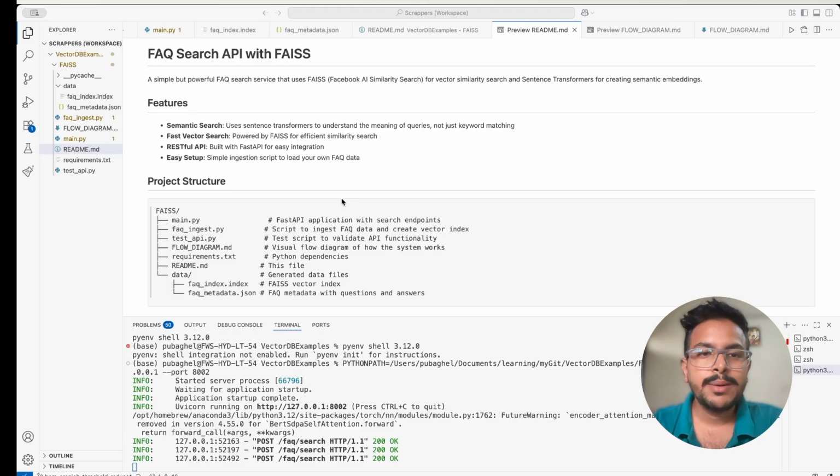So for demoing that, I have created a simple FAQ search demo. Suppose you have certain FAQs and you want to make them searchable on the basis of semantic search, not the exact search. The user puts in something related to your FAQ, so we can understand which FAQ is actually semantically similar to what the